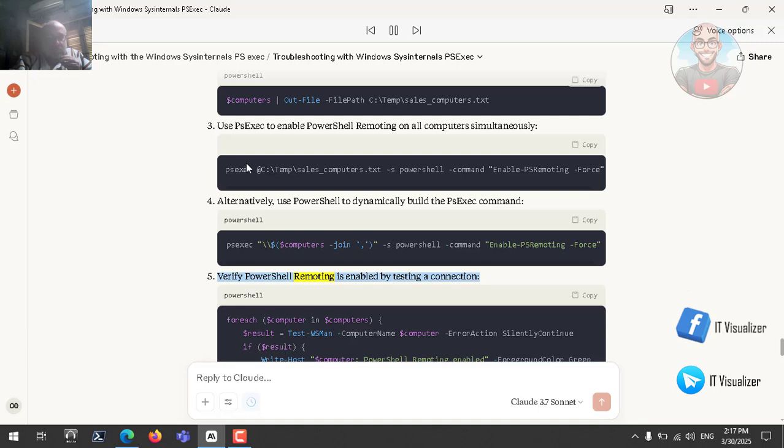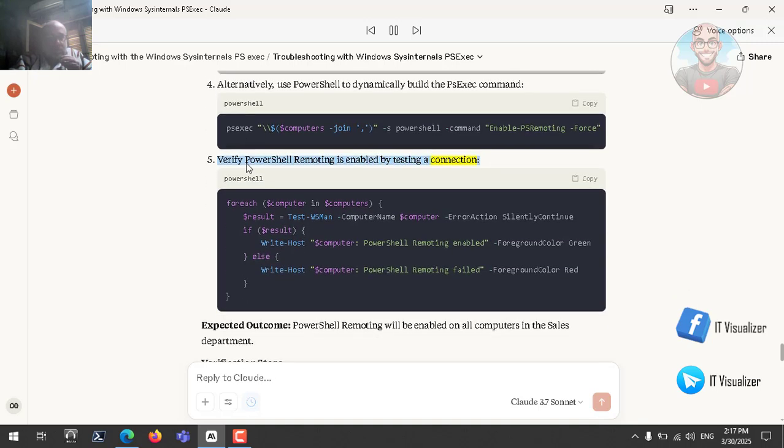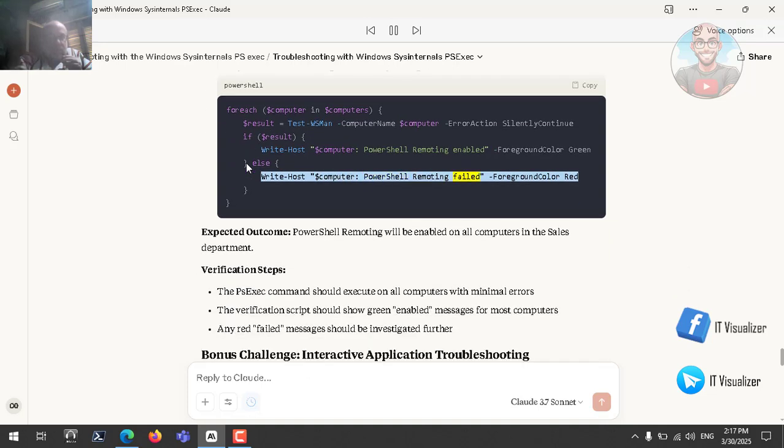Verify PowerShell remoting is enabled by testing a connection. PowerShell: foreach ($computer in $computers) { $result = Test-WSMan -ComputerName $computer -ErrorAction SilentlyContinue; if ($result) { Write-Host "$computer: PowerShell remoting enabled" -ForegroundColor Green } else { Write-Host "$computer: PowerShell remoting failed" -ForegroundColor Red